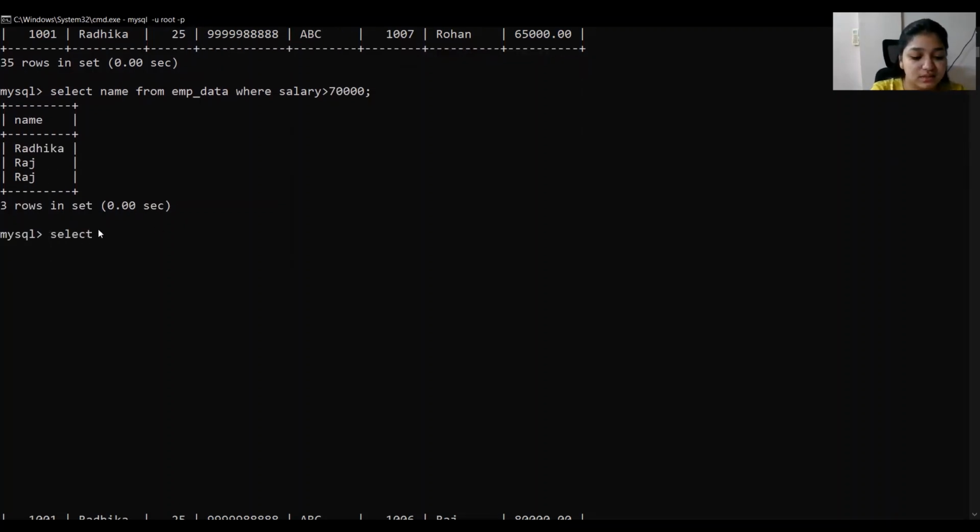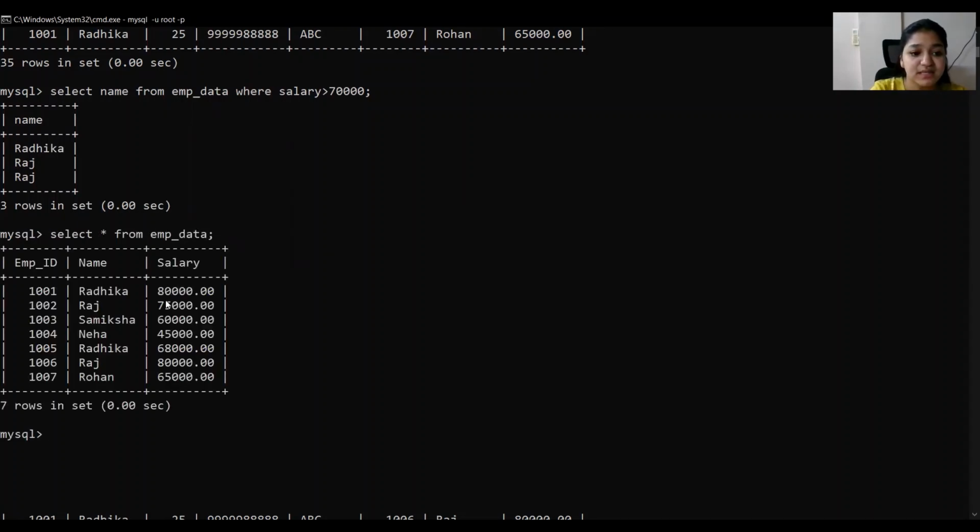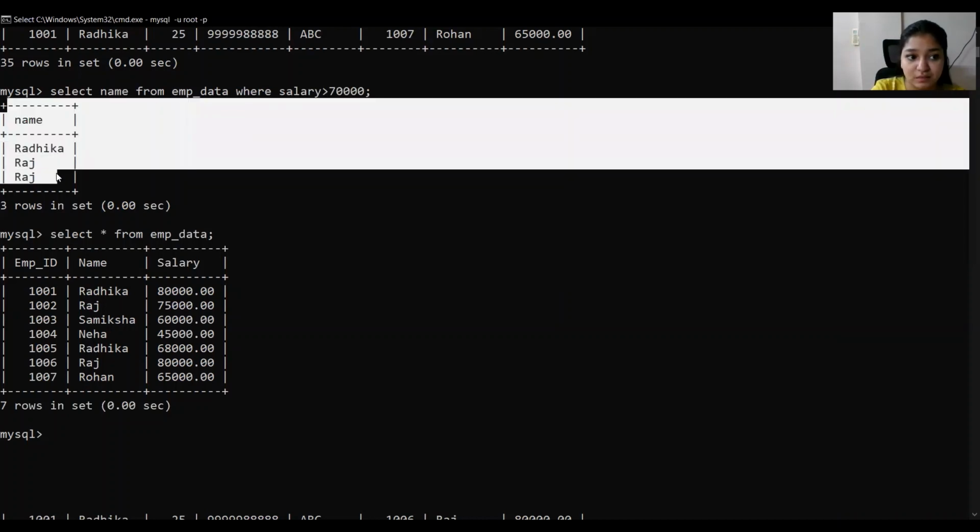Let's see, select star from employee data. Here we can see Radhika's salary is 80,000, Raj's salary is 75,000, and the other Raj's salary is 80,000. So these 3 people have salaries greater than 70,000. Here we have used the where clause and specified the condition that salary should be greater than 70,000, so it shows me this output.